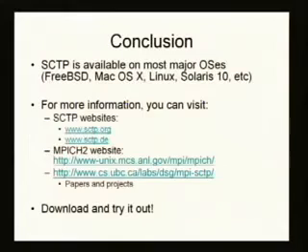Conclusion. One of the primary reasons for this talk is I hope I've encouraged you to take a look at this. This is all software. You can download it, look at all the source, and change it to your heart's desire. SCTP is available on most OSs, as Brad said. Probably the most feature-rich one is the one that Randall produces, the KAME stack. It's freely downloadable. It's part of FreeBSD 7. You'll maybe have to turn it on.